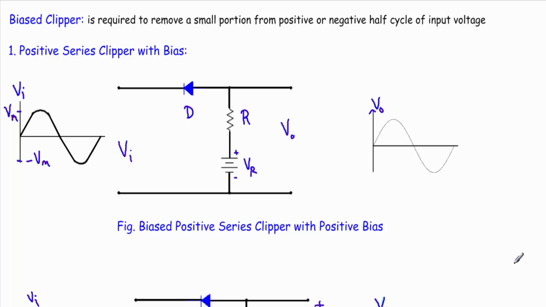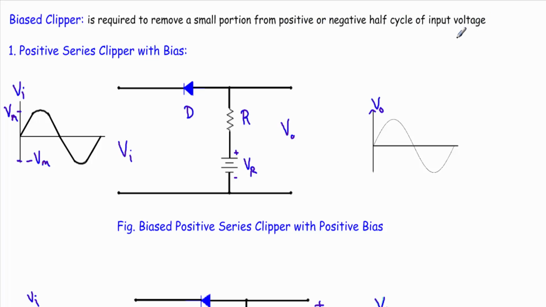In this video, I will talk about biased clipper circuit, specifically biased positive clipper circuit. So what is a biased clipper circuit? The biased clipper circuit is required to remove a small portion from the positive or negative half cycle of the